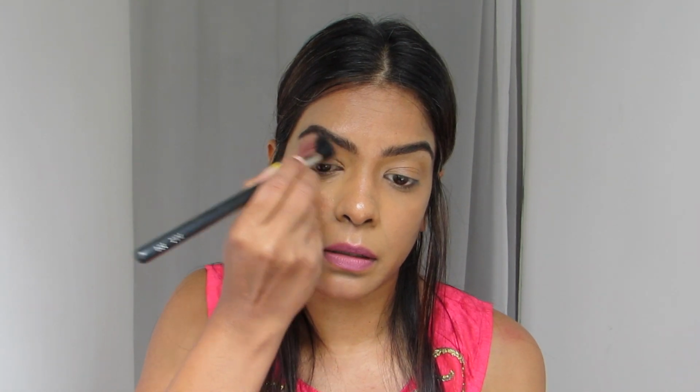Always take a little and then darken it, blend it. You see how that looks, nicely blended. I want a very light base on my eyelids because we're going to put shimmer on that. So for now, we're going to take the same color, same brush, and lightly sweep it on your eyelids like this. What this does is it gives a nice base for your glitter or your shimmer when you apply it on your eyelids, instead of giving that dark undertone or a white undertone, whatever is there